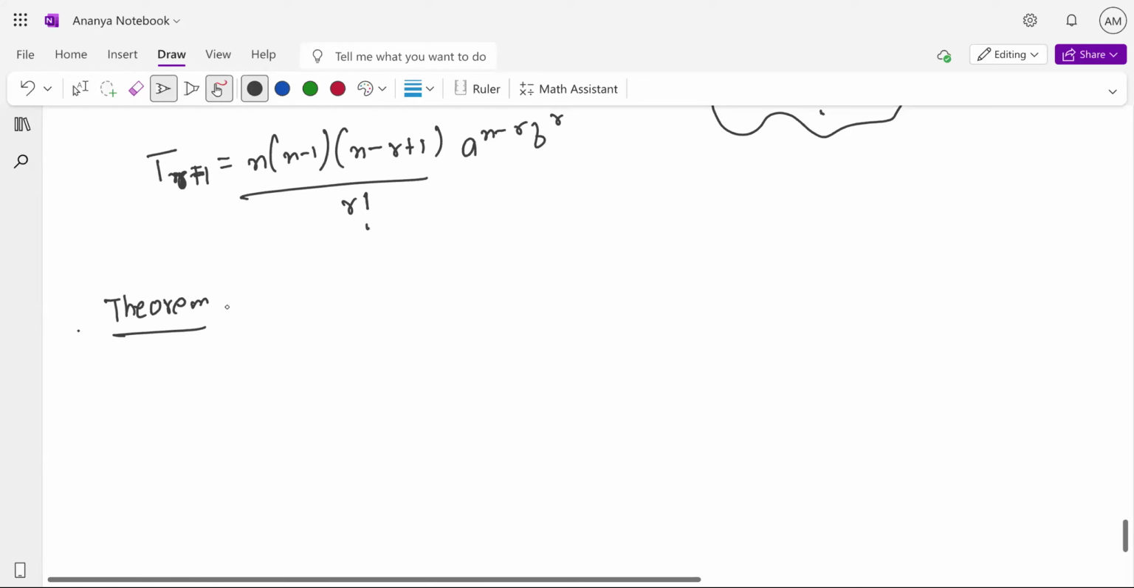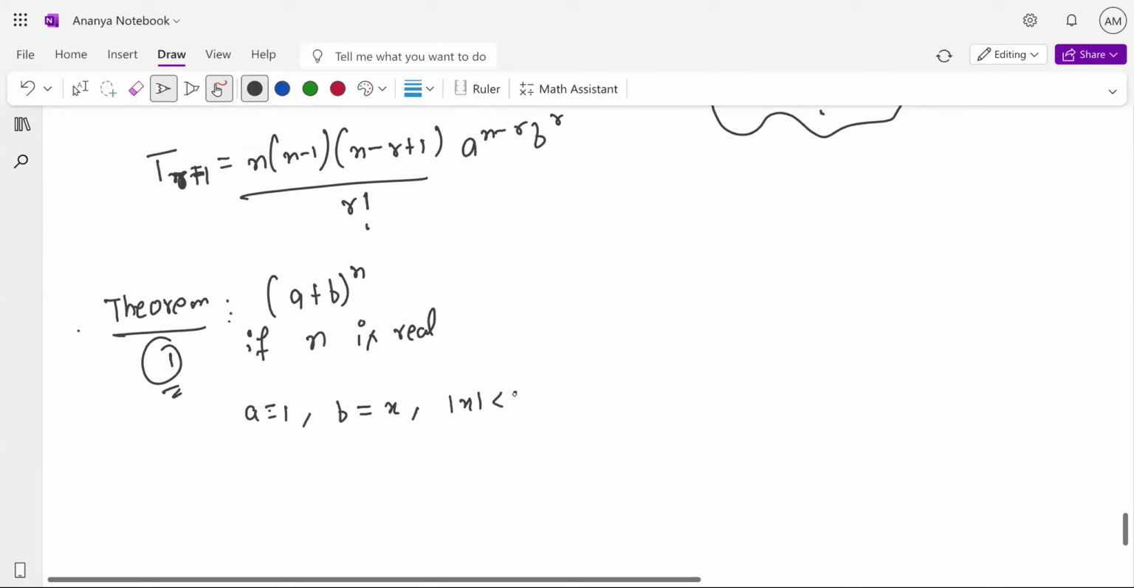Okay, look, the first theorem states that if n is real, and the situation is like a equals 1, the theorem with respect to this format. If a equals 1 and b equals x such that mod of x is less than 1, is it clear whatever I have written over there? Yes, sir. If this condition is given to you, so what we can do,